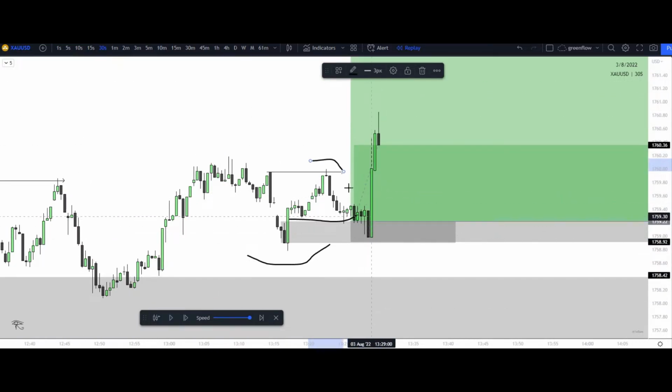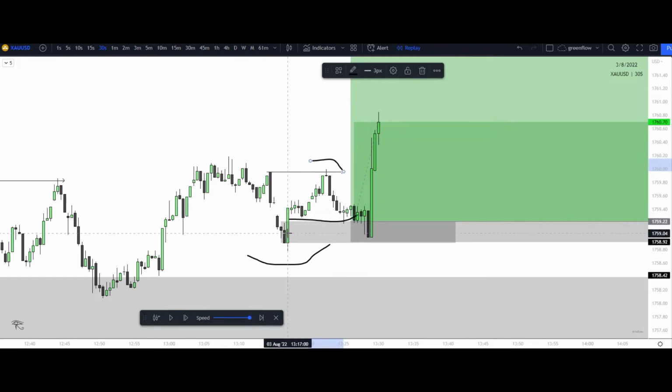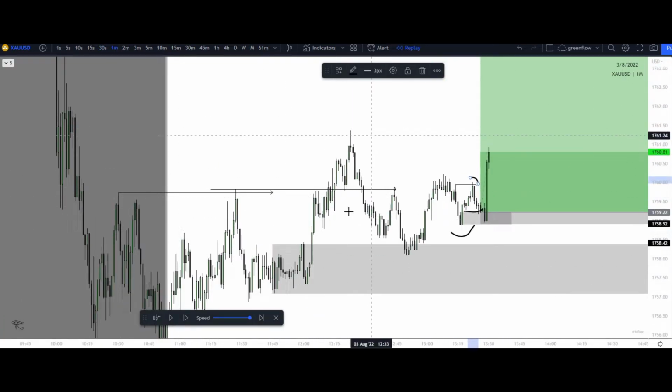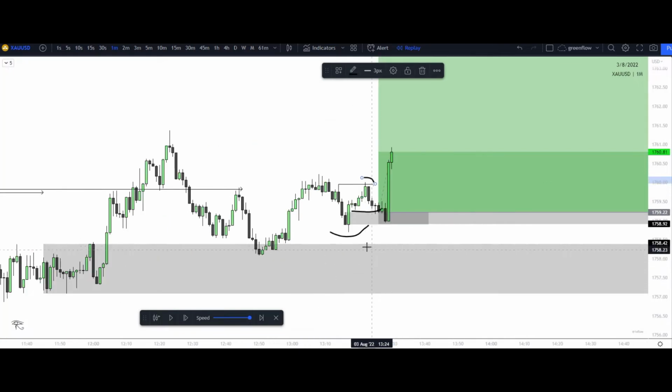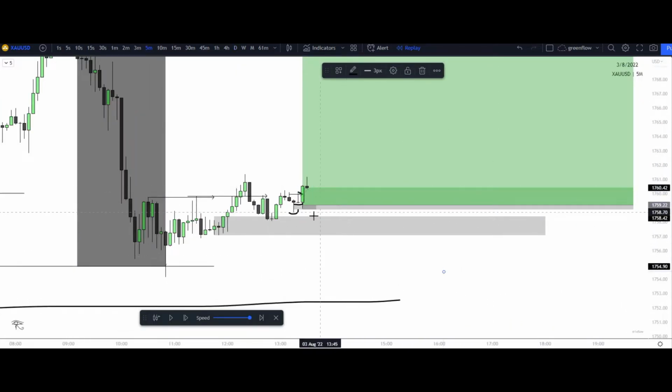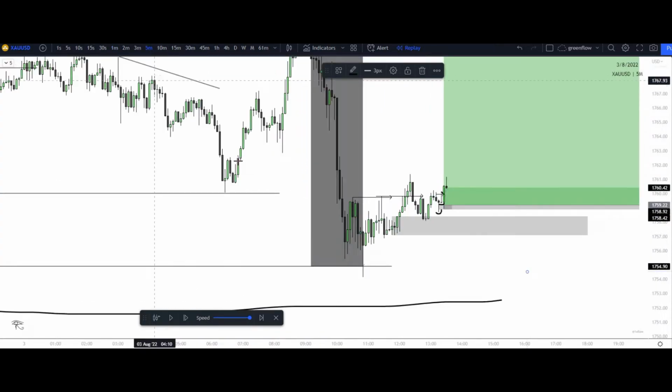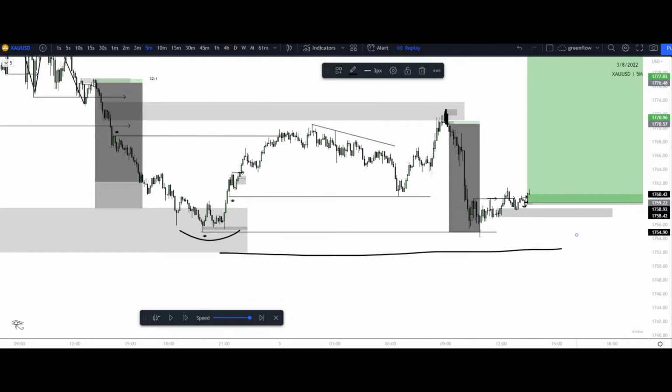We get that raid. Now that our 1-minute has shown, again, more liquidity raided, mitigation of that institutional candle from the double break of structure here, that 15-minute break of structure, 5-minute break of structure, 1-minute break of structure. Everything is coming into place now from our higher time frame for our bullish structure. Everything has now lined up, and I'm now looking to take this trade higher. So now that that has occurred, I am in that trade with my stops underneath the most previous low that is presented,